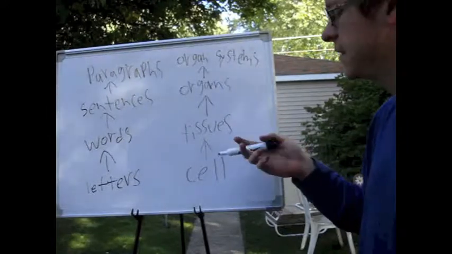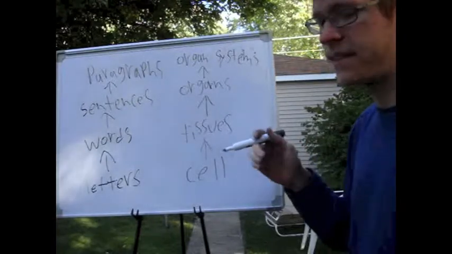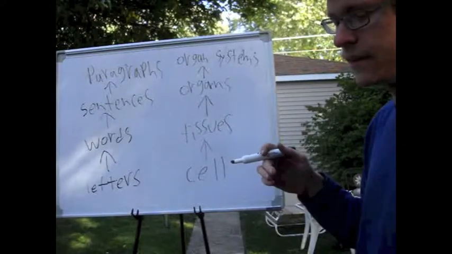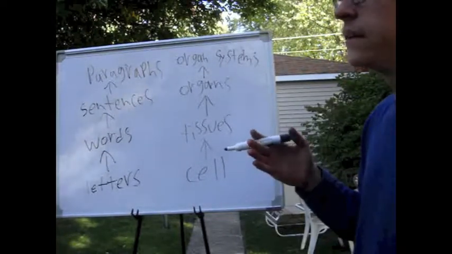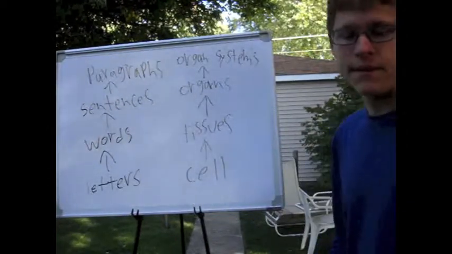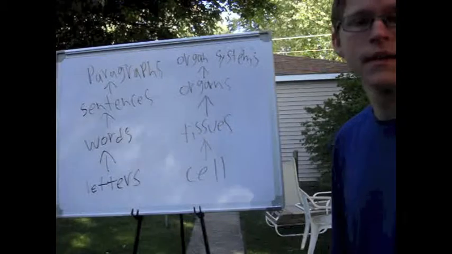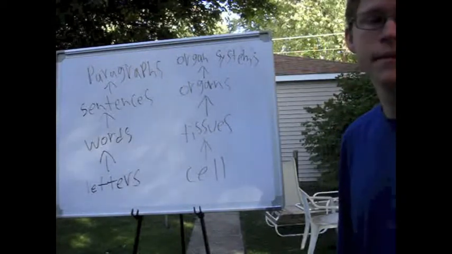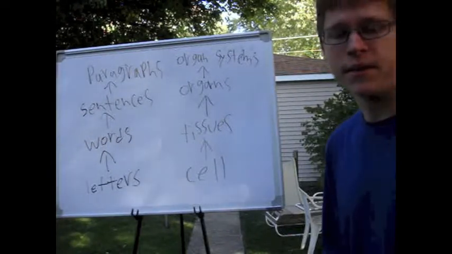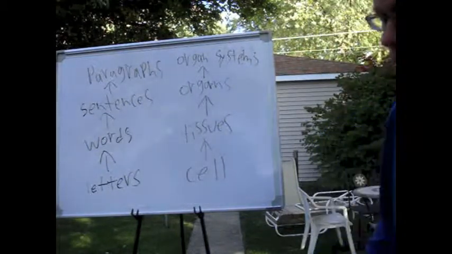This is what makes up us as humans. It's both our body systems and our language. It's all just at different levels, and for anything out there you can talk about the different levels that make it up. For example, a ship on the sea has its individual compartments that make it work together, and you can combine those compartments together to get new parts, and then even combine those parts to get new parts and make it all function.